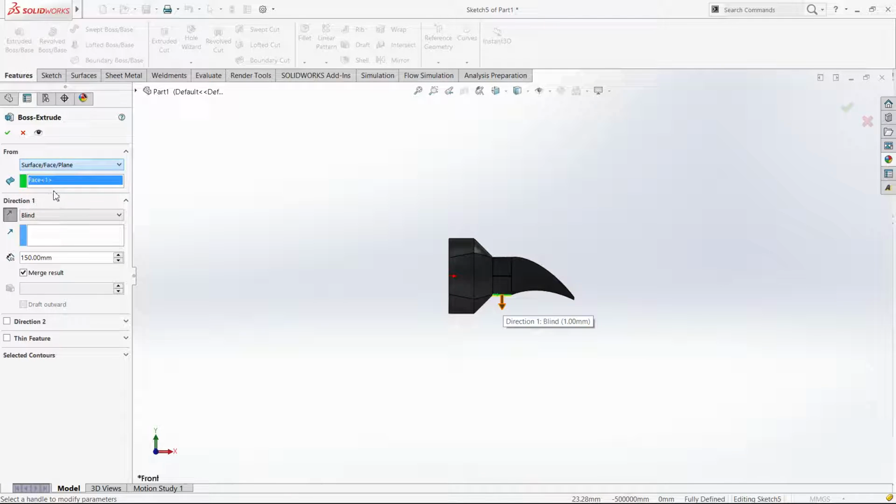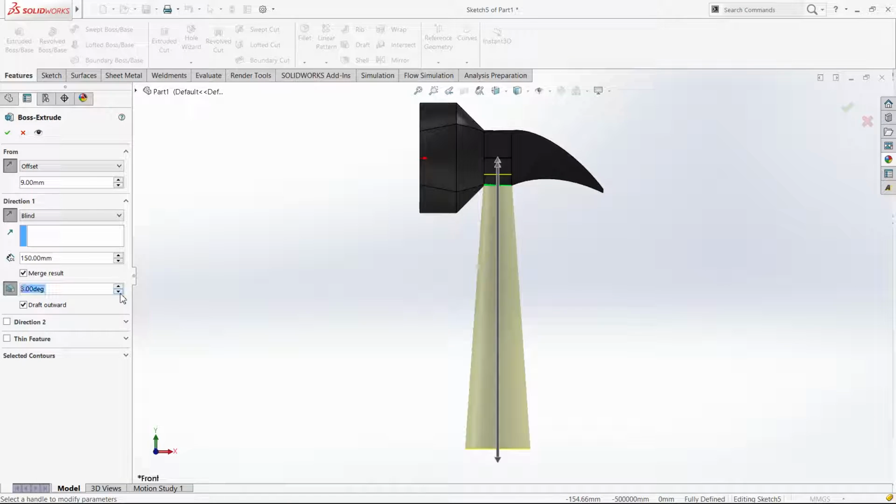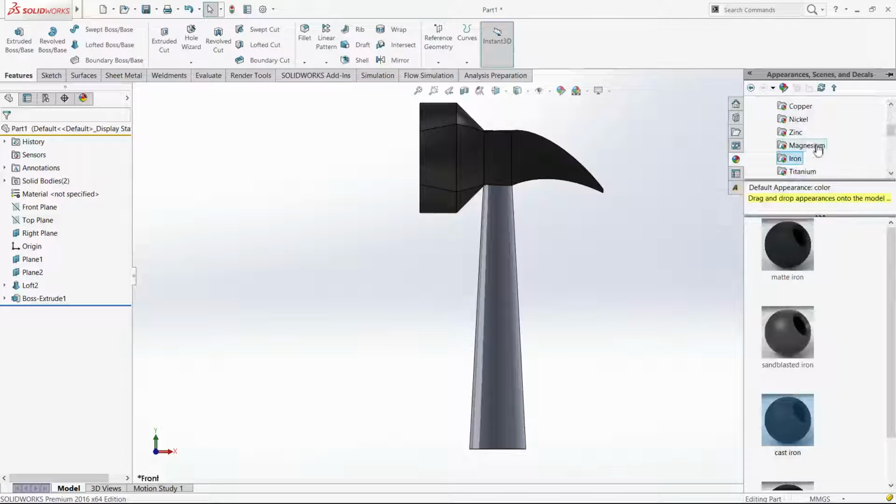So you can also go offset, and you can say the offset direction. And since this is a 3D model, you don't really care if there's interference unless you're doing something for manufacturing. In that case, you would have to think twice about doing this, but this is just a 3D model, and you can have whatever shape you want. So I'm going to make a draft on the other side, and you can increase the angle, and you can start seeing what we have. Just going to unmerge the results, so I have two bodies, and probably just give it a